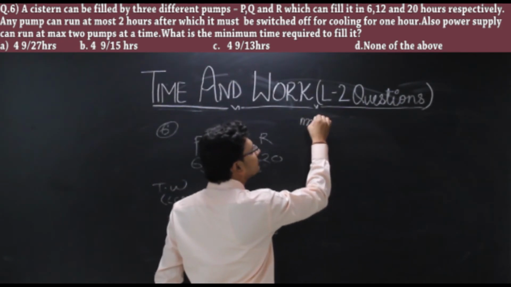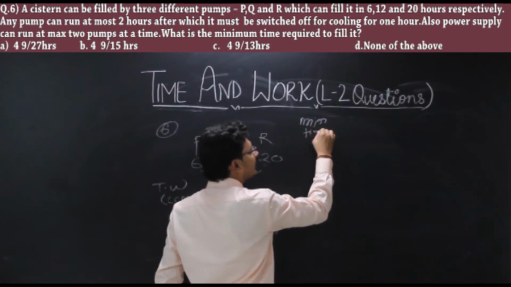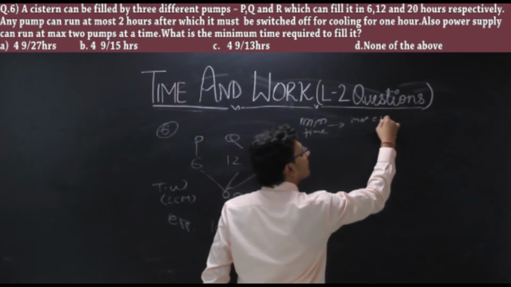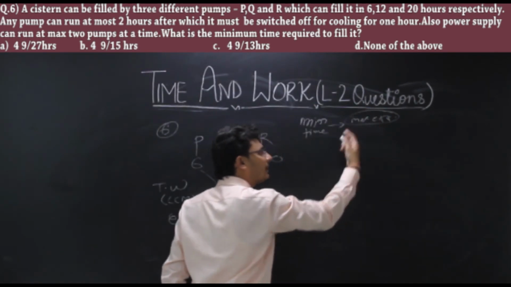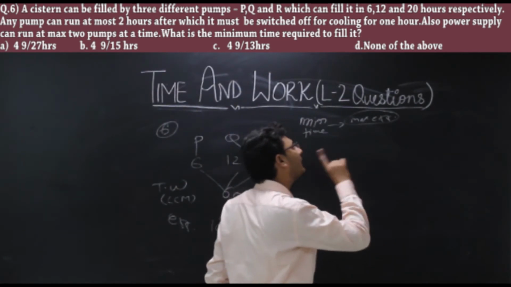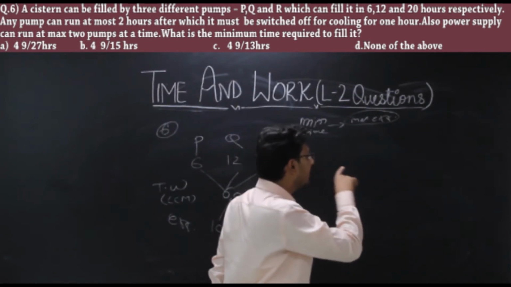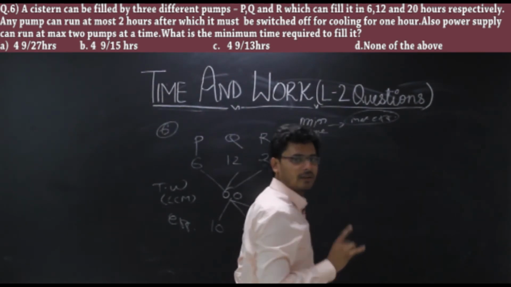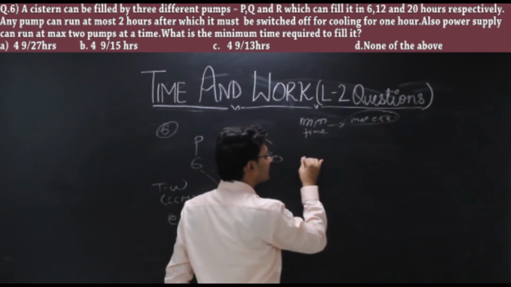For minimum time, I need to run pumps with the maximum efficiency. Obviously I need to run pumps with the maximum efficiency, but also I need to keep in mind that after every 2 hours I need to give them a break of 1 hour. So if I say these are the hours